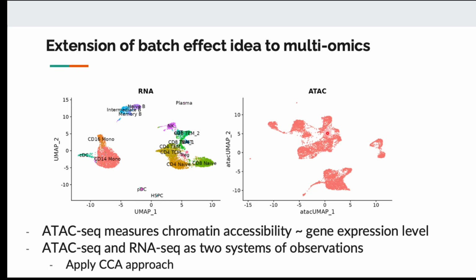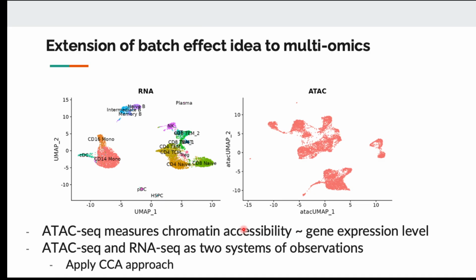So when you get the data, it will look like this. For the RNA-seq, you can map all the immune cell types. But for ATAC-seq, you cannot do anything. They are just cells. But because we have techniques that can integrate across batches, in this case, because chromatin accessibility,